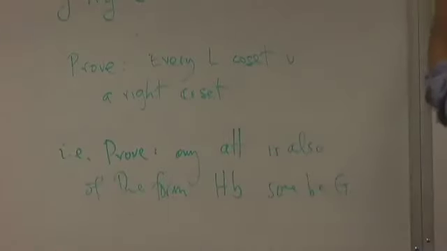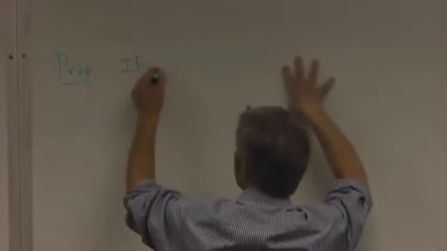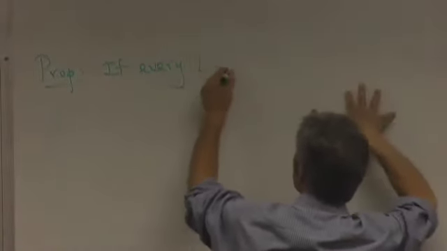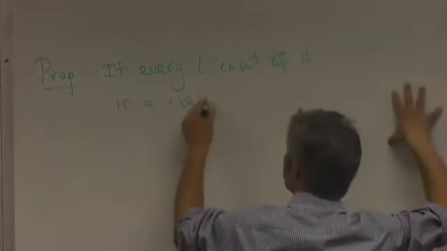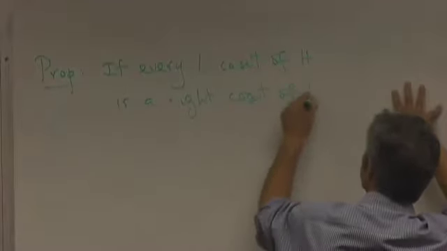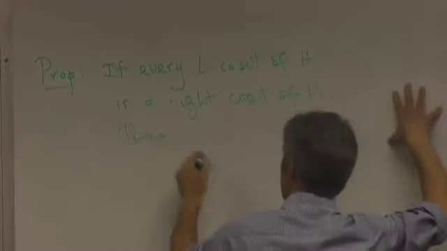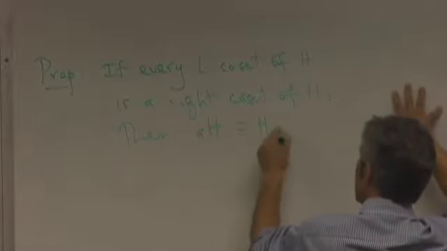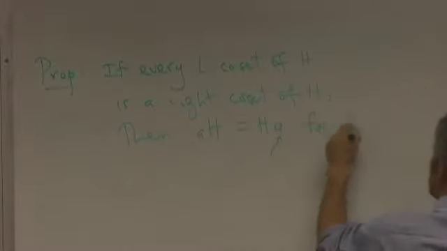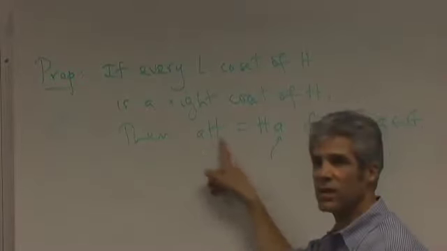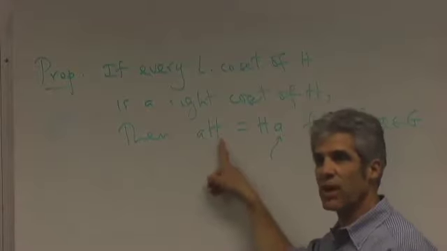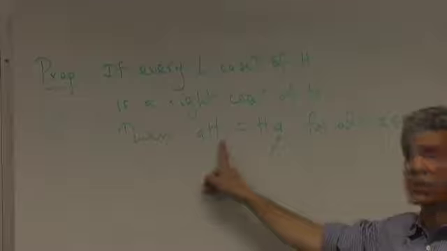So here's an observation. I'm going to call it a proposition because we're going to need it in relatively strong form in about 10 minutes. The proposition is this: if every left coset of H is a right coset of H, then necessarily AH equals HA for all A. So if you give me the information that if you start with a left coset and it happens to be some right coset, I'll tell you which right coset it is. It's that right